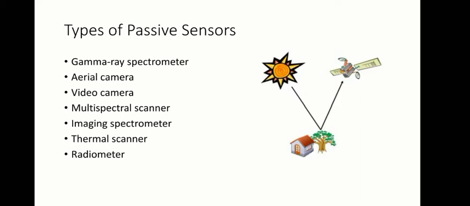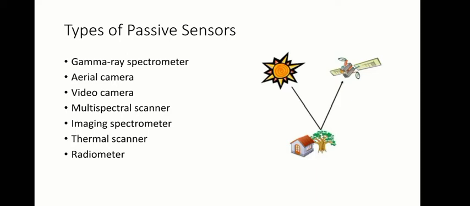Then comes the radiometer. Electromagnetic energy with very long wavelength, within the range of 1 to 100 centimeters, is emitted from the soil and rocks on or just below the Earth's surface. The depth from which this energy is emitted depends on properties such as the water content of the specific material or any other particular mineral. Radiometers are used to detect this energy. The resulting data can be used in mineral exploration, soil mapping, and soil moisture estimation.